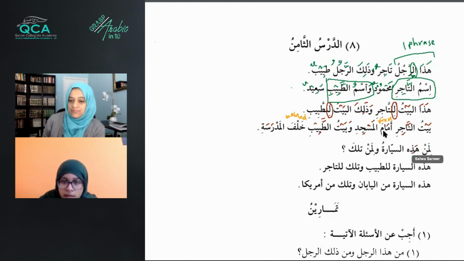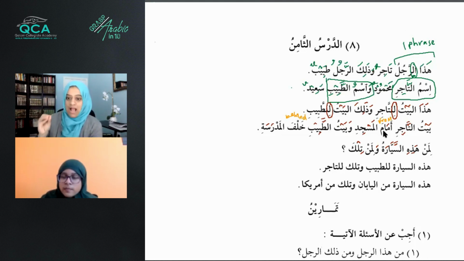Liman هذه السيارة ولمن تلك. Okay. Who does this car belong to? Good. And who does that belong to? So you just have to figure out the meaning of the word and then make sense if you get confused, right? Liman. The meaning of liman is for who. All right. Go. And then هذه السيارة